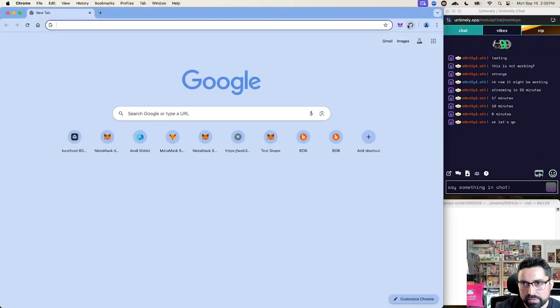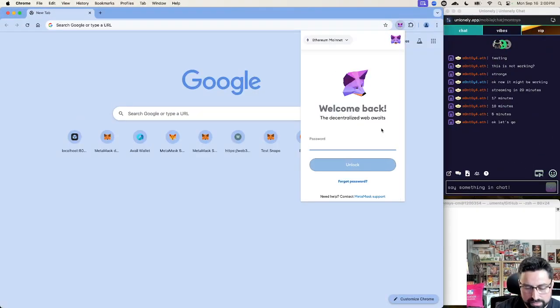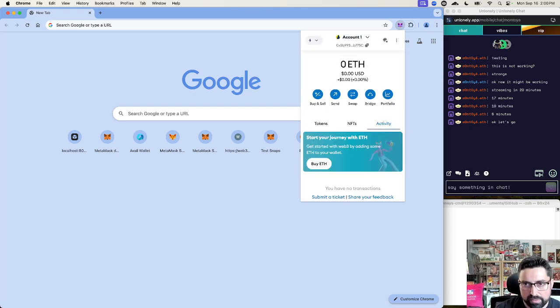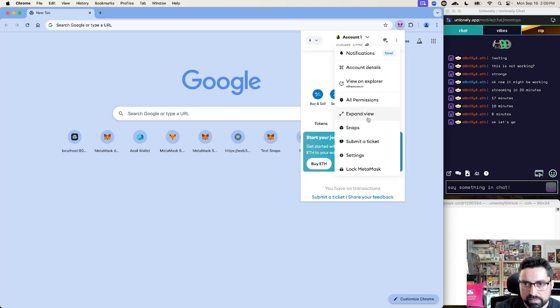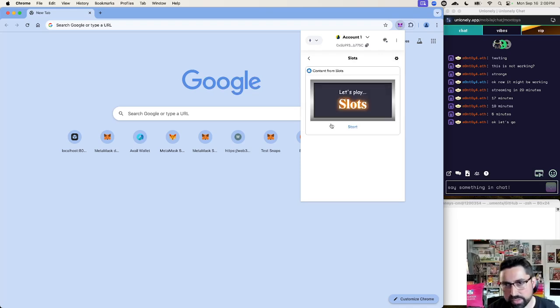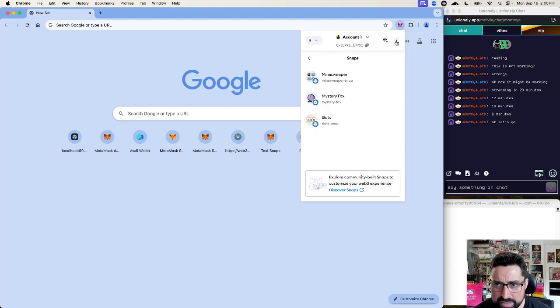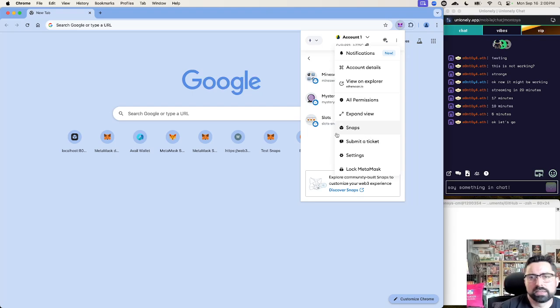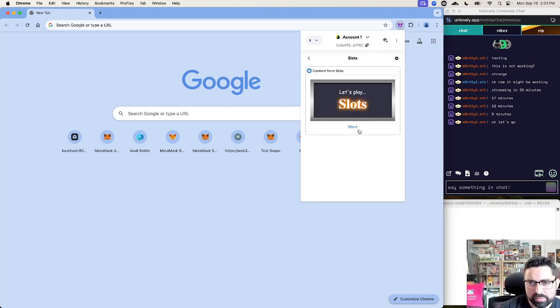I have a browser running Flask, that's here. Just go ahead and unlock it. So this should be the latest version of Flask, and I actually have a few example snaps running here, so I'll show you something that's similar to what I'll be building today. So this is a MetaMask Snap running inside of MetaMask. You can actually open the Snaps menu here, and this is a snap that I built called Slots,